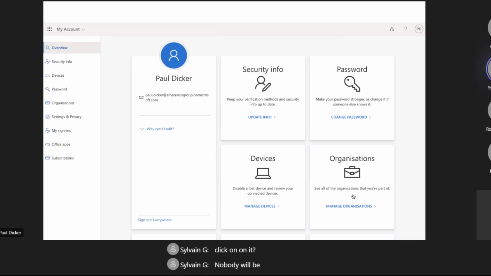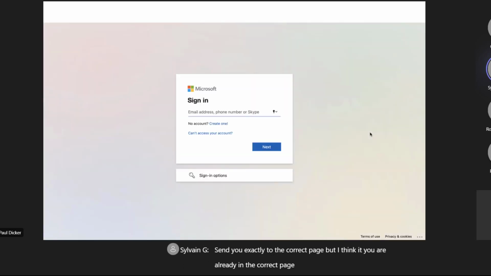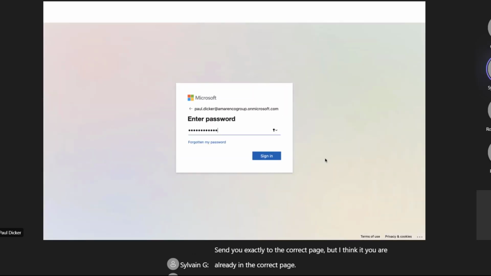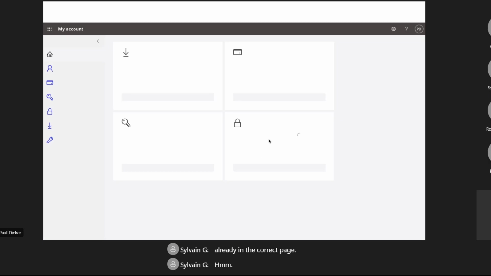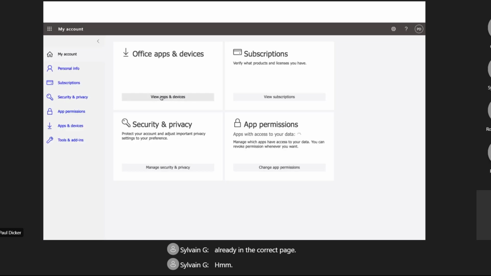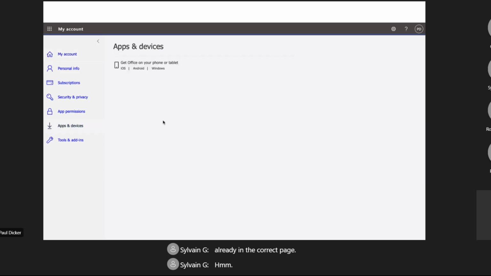Normally it will send you exactly to the correct page, but I think you are already in the correct page. It's really on apps and device, so